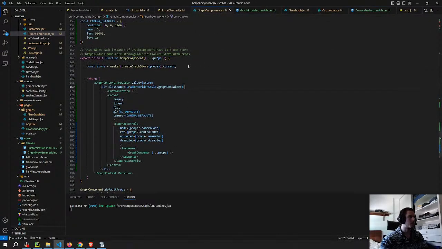But the reason why I did this is so that the store is always related to a specific instance of the graph components. Because if I want to put multiple different graph components on the same website, I don't want the value of the store to be attached to all of the components. I want each instance to have its own store, but I don't want to manually create a store each time I create a graph component. So the name that they give this is dependency injection, but I'm not 100% sure if it works or if